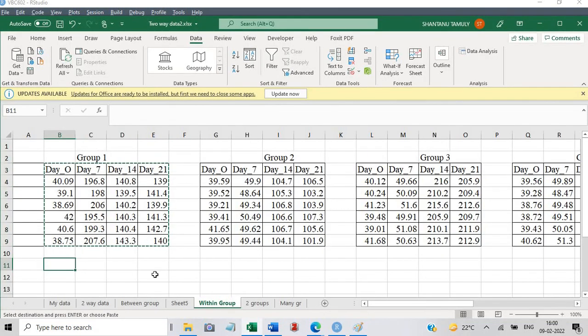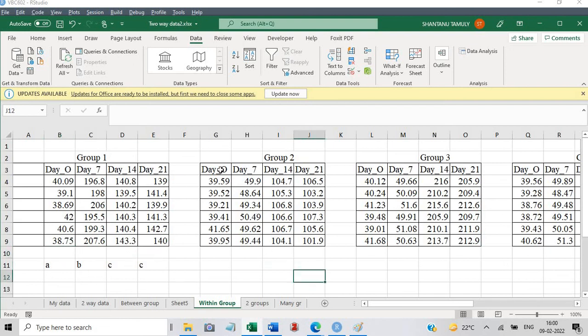What it means is that day 7 is different from day 0, and also different from day 14 and day 21. But day 14 and day 21 values are similar, no significant difference, though they are different from day 7 and day 0. As I have shown earlier, you will put this letter A over the mean value.